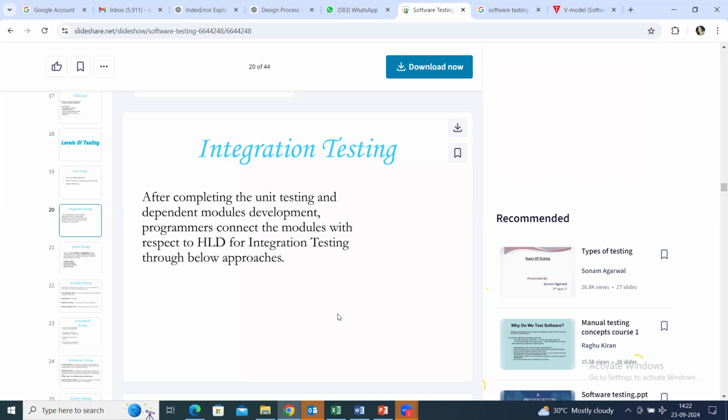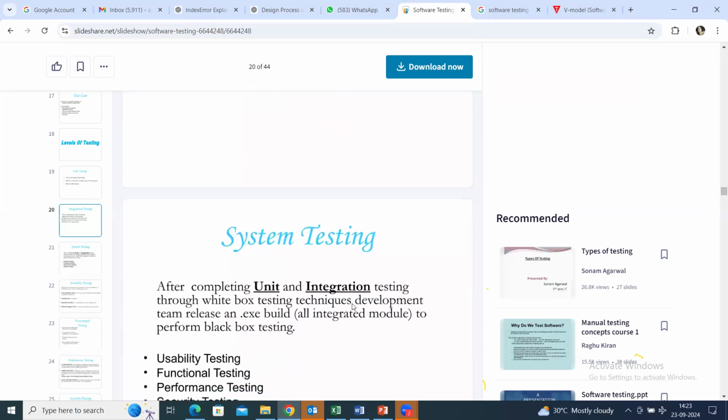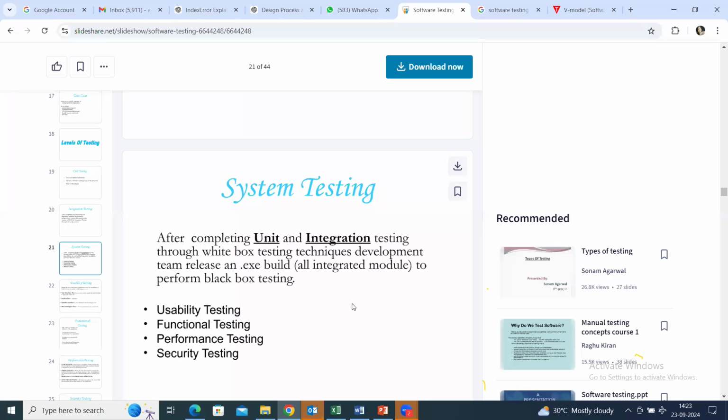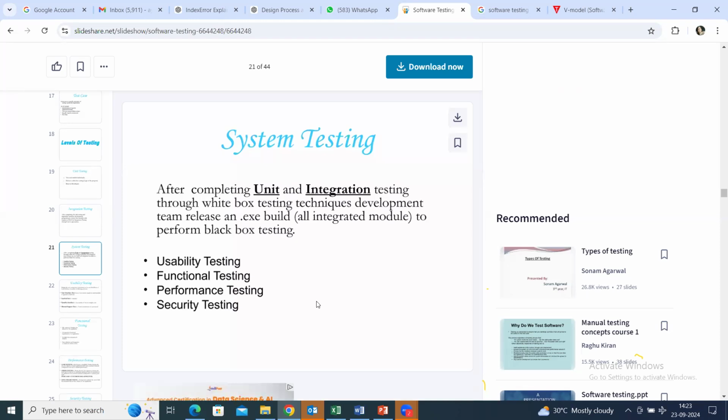So all these things in between, like the deployment diagram and component diagram, you have to make those UML diagrams so that you understand what type of drivers or components you need externally so that they all integrate well with each other. For example, one knows English and one knows French. You need a translator, right? Unless you have one, they will not be able to communicate. So it is that type. After completing the unit and integration testing through white box